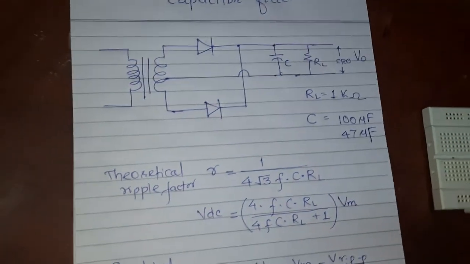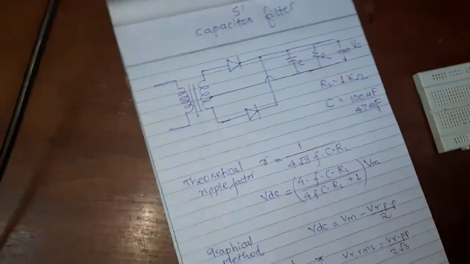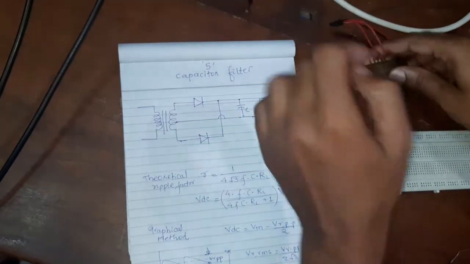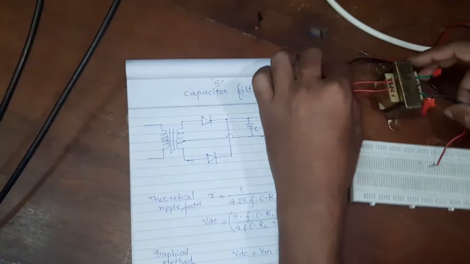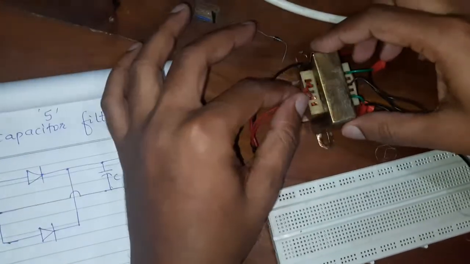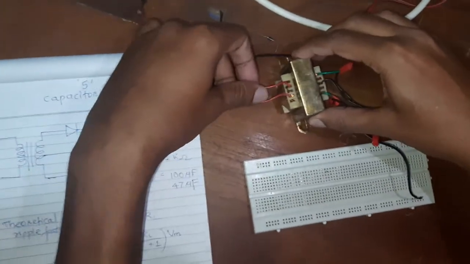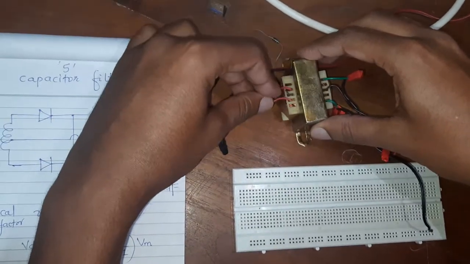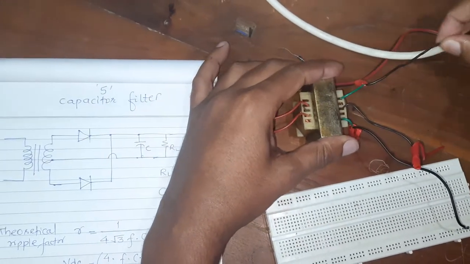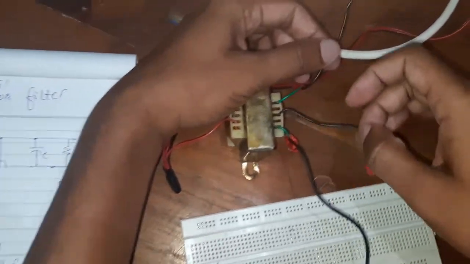Okay, now first what we need to do is select the components. So we have a center tap transformer. We must have already used this. So this is a center tap transformer. This section is the primary, and this section is the secondary. The primary has two windings, two wires, okay, this is AC and neutral. And your secondary has three windings. So this is one, this is second, and this is the center tap.